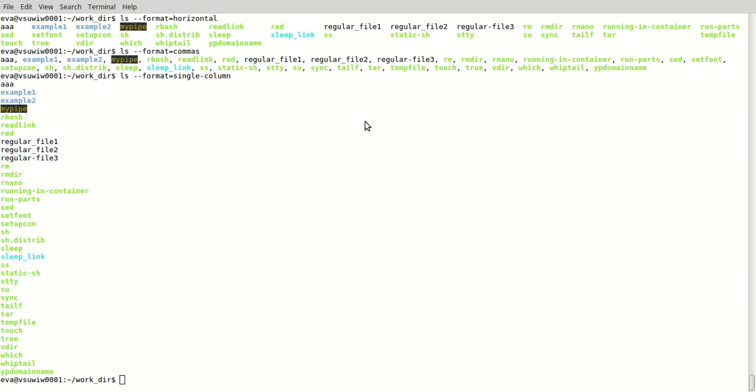-F classify, star for executable files, / for directory, and then @ for link, and this is pipe symbol. Then there is horizontal for X, this is across. These are listed by lines, horizontal order. Then comes column wise, list by columns, and this is vertical order. Then is -1, this is single column, and this is -A all, this is capital A almost all, this is